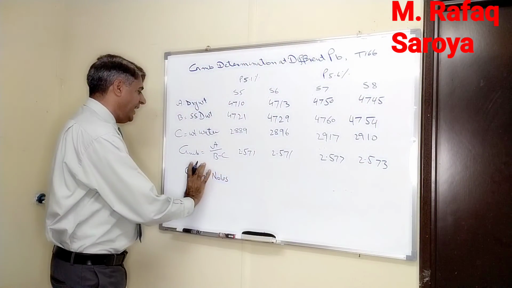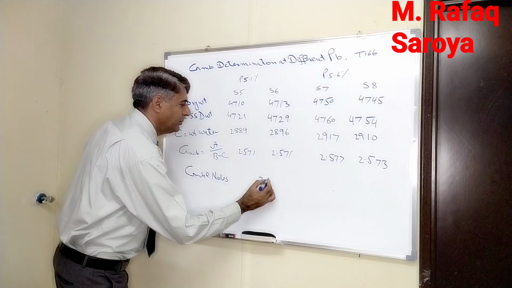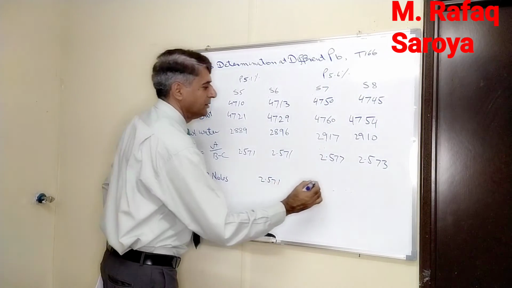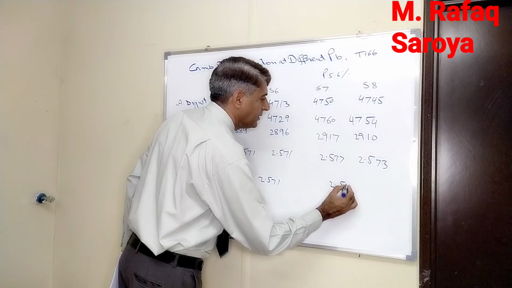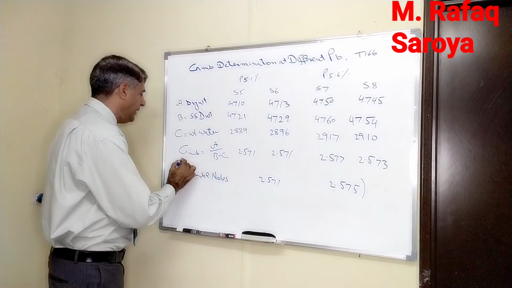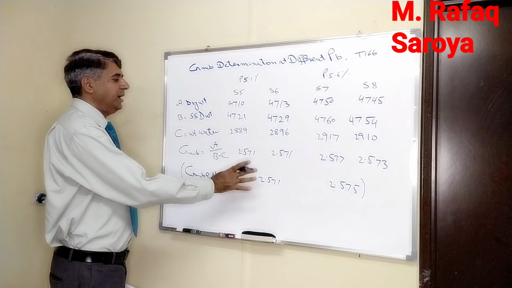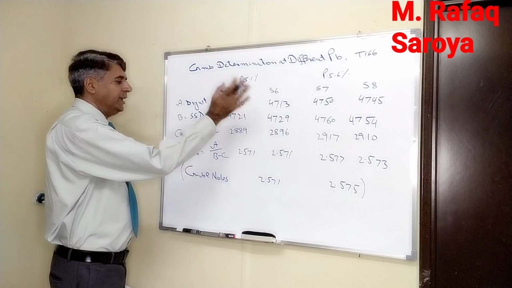Now, what is the average GMB at these binder contents? 2.571, 2.575. So our GMB at design calculation has been determined,